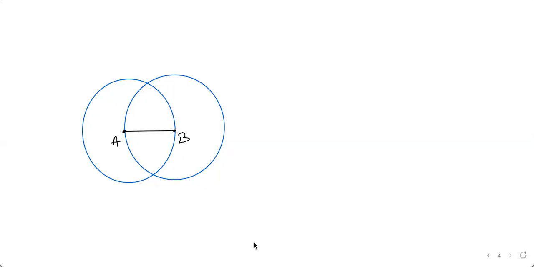Tell me, what is the radius of the circle? Very good, Prachi. Thank you, Akhilesh Rajesh. Correct. It is 12. No calculation needed. Radius means a line segment which joins the center to any point on the circle. So if you look at the left hand side circle, A is the center, B is a point on the circle, so radius is 12. If you look at the right hand side circle, then B is the center, A is a point on the circle, again the radius is 12. So the answer is 12.